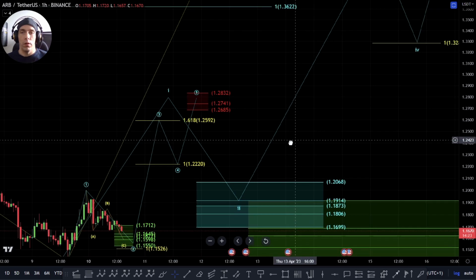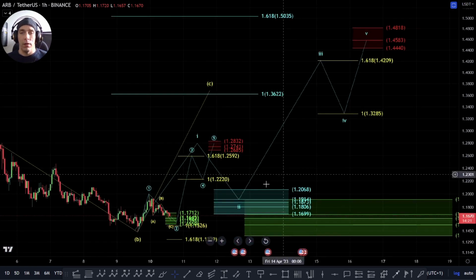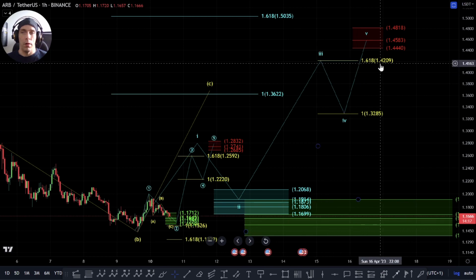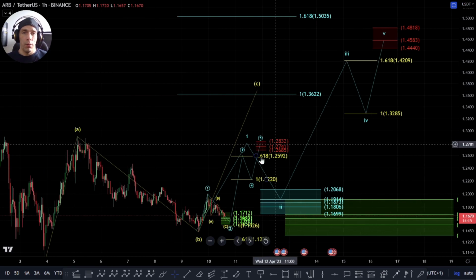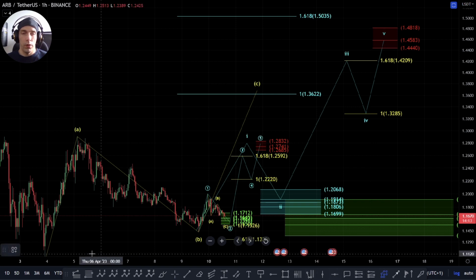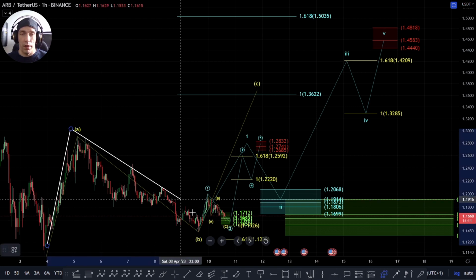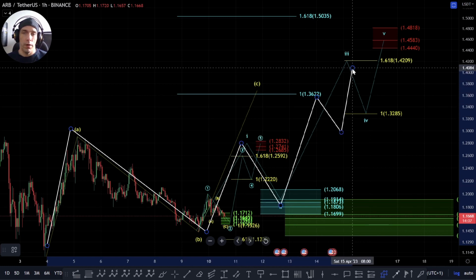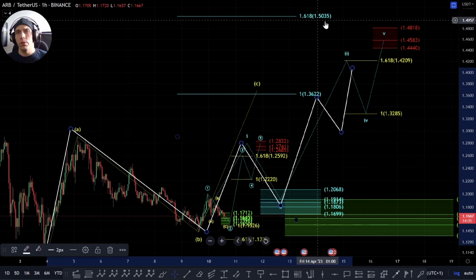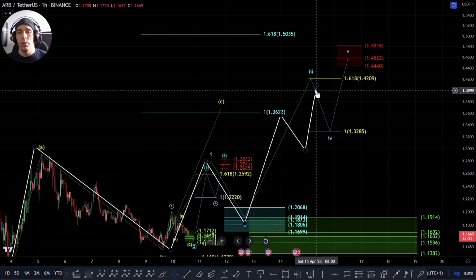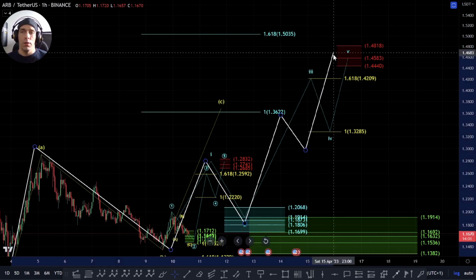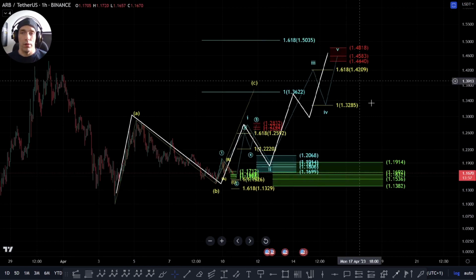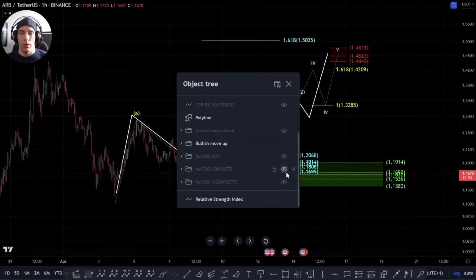Basically, a 3-wave move to the downside for this wave 2, and then seeing a much bigger, stronger move up towards this $1.42. If we just form this move in this manner, where we form this A, B, and then we form 1, 2, 3, 4, 5, something like this, but we don't actually reach this $1.50 range, we need to be careful that this isn't just a corrective structure as an A, B, C, which would tie into that idea that